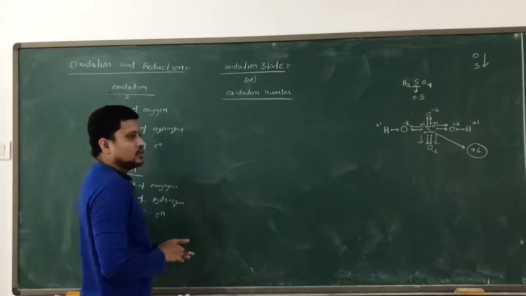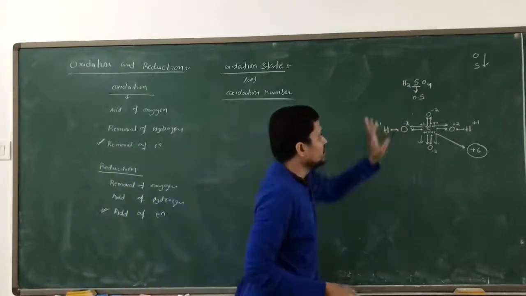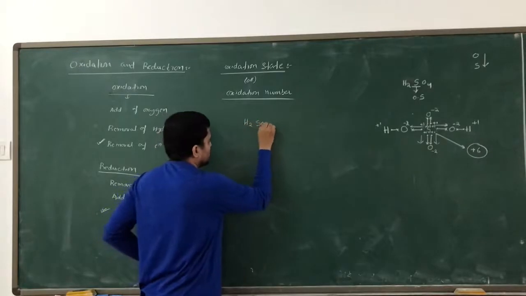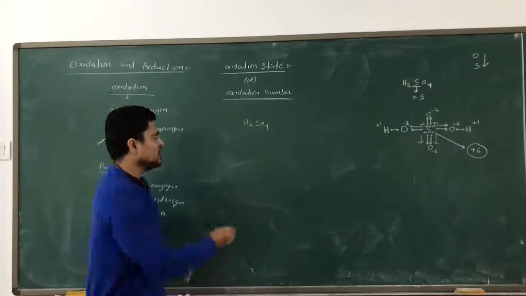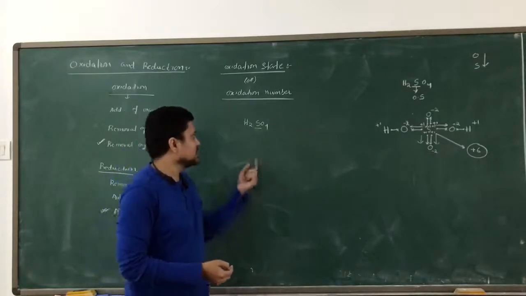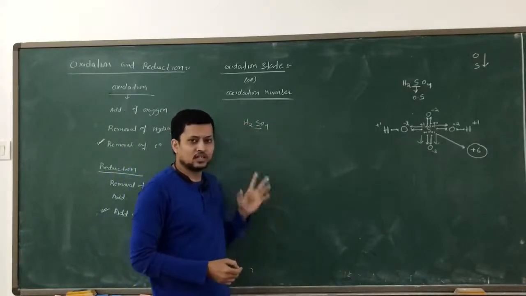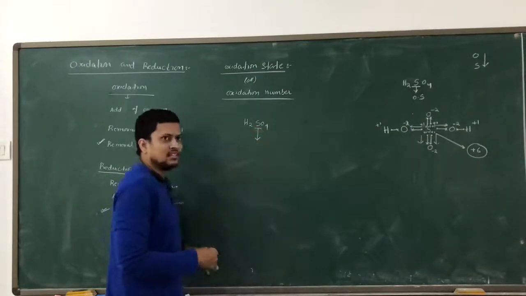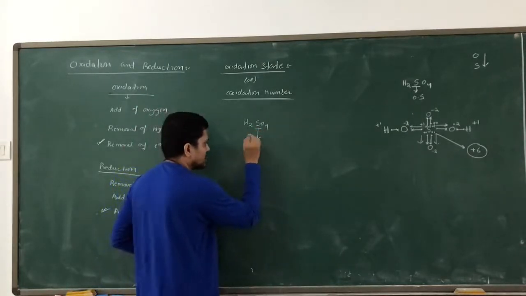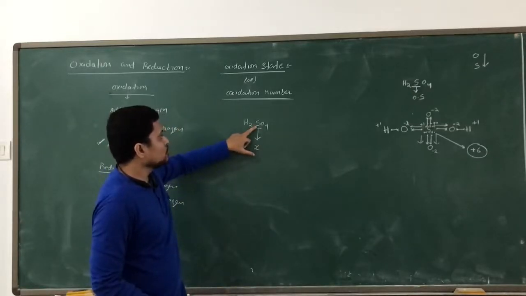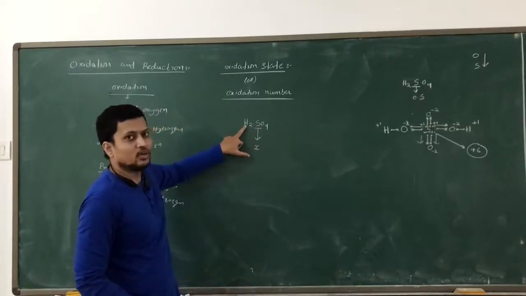Okay. So like this example, we already did know; that example only I showed you first. H2SO4, suppose sulfuric acid. So what is that method? If I need the oxidation state of the center atom sulfur, suppose they are asking. So for the oxidation state of sulfur, first take sulfur as X, assume it as X. Now, what is the oxidation state of sulfur they are asking? Before sulfur we have hydrogen. How many hydrogen do we have?